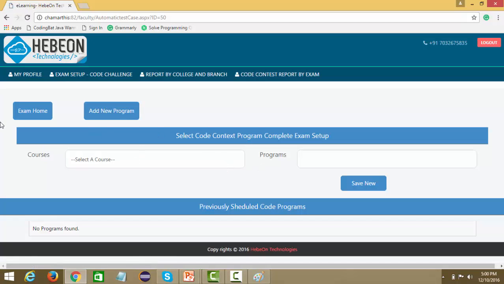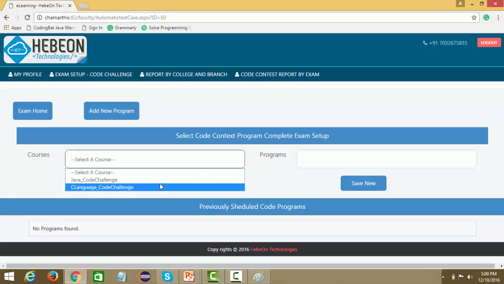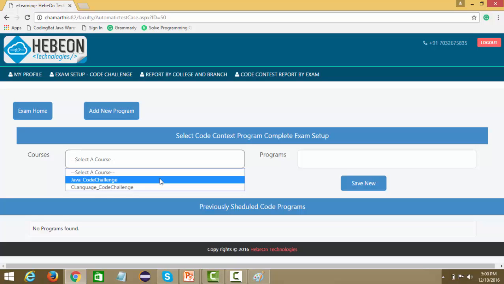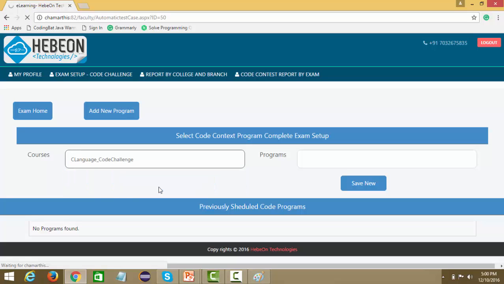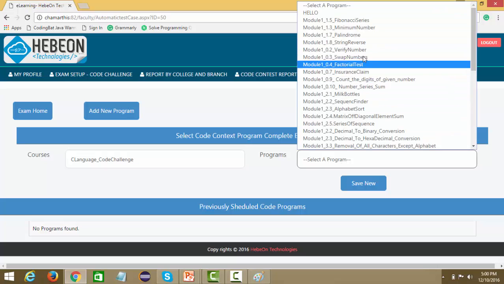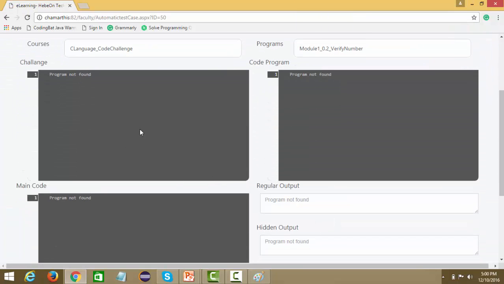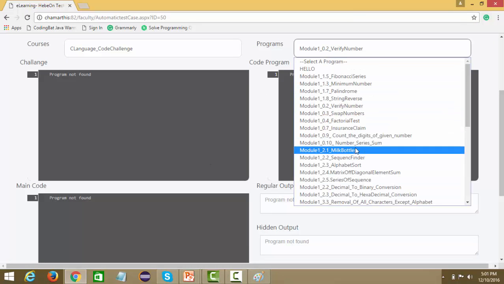Alright, so once the exam is scheduled, right here there is one more option I'm going to tell you. First I'm going to show you the already existing programs. There are a few programs which are already in the database that we can load here first. These are the programs already in the database. I'm going to write an exam for a verify number. The moment you search, if there is something not in the database, it shows you like this, or if something is there in the database,